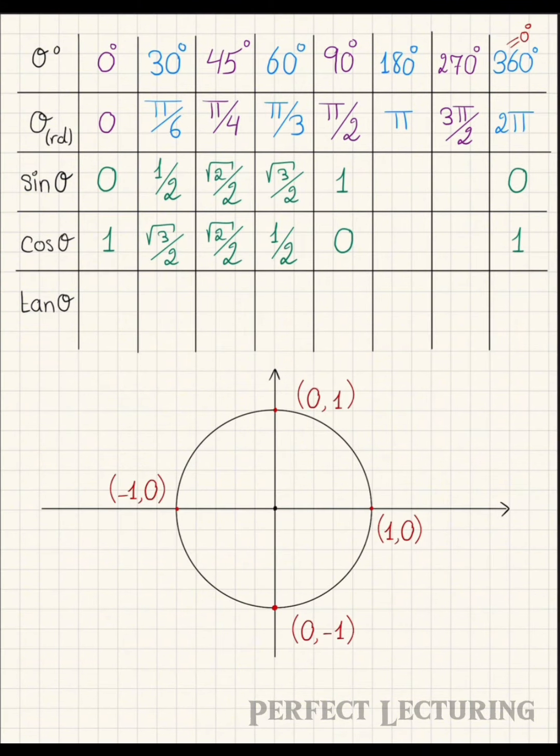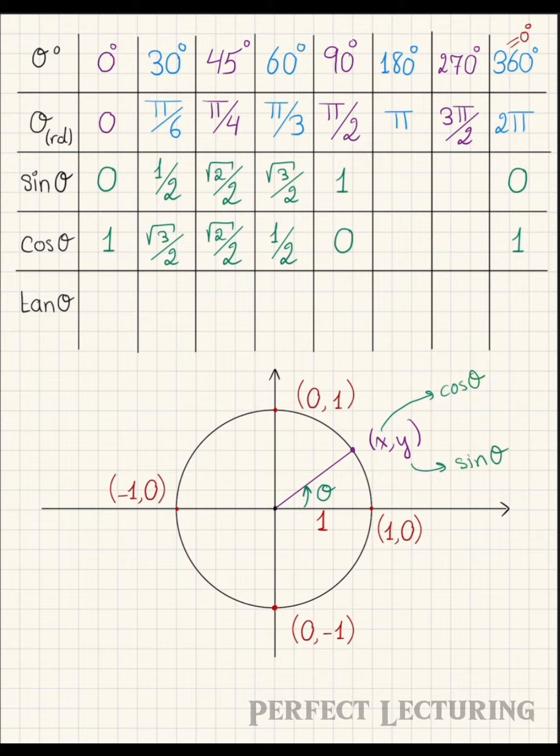Before finding the sine and cosine of 180 and 270, let us first consider the unit circle, that is a circle whose center is the origin and whose radius is equal to 1. For any xy on the circle, we consider the ray starting from the origin ending at xy. Let us assume that theta is the angle formed between this ray and the positive x-axis. Then x will be equal to the cosine of this theta and y will be equal to the sine of